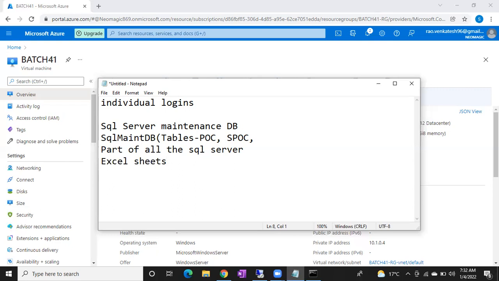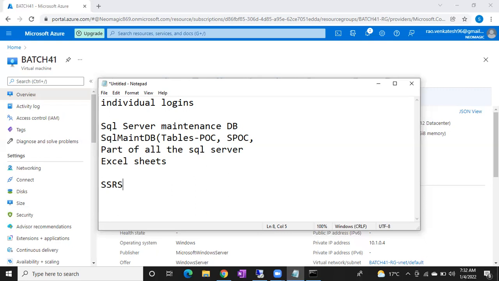Some people will maintain SSRS, reporting services. So they will prepare a report on how many servers they are maintaining, how many are prod, how many are non-prod, how many are SQL 2012 versions, how many are 2008 R2 versions, how many are 2017 versions, like that. Different people will follow different processes, different policies. It's not a standard process. It's simply storing the data somewhere, that's it.